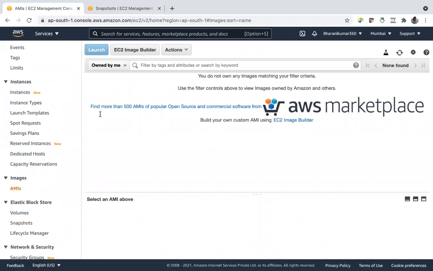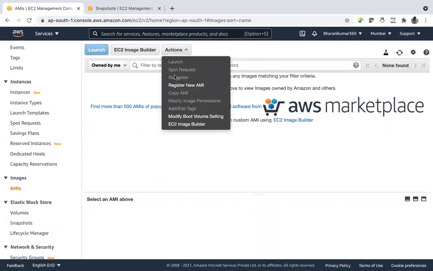And we have not seen the delete option here, right? You can only deregister. Why? Because AMI means nothing. It's a virtual thing attached to snapshots. Actual data will be in your snapshot, and you are making your snapshot a bootable one by attaching it to a virtual thing called AMI. And using this AMI image, you are attaching some image to your snapshot. By attaching that image, it has become a bootable one.